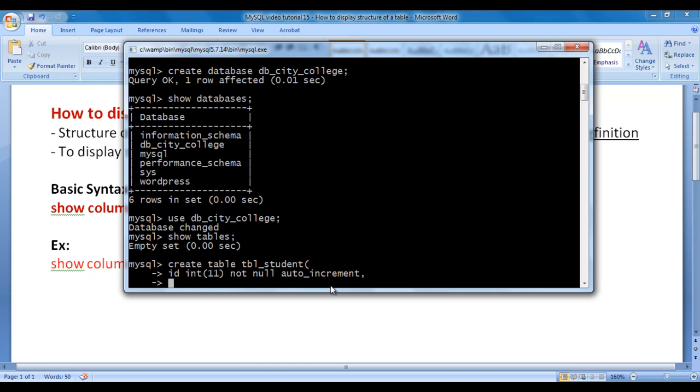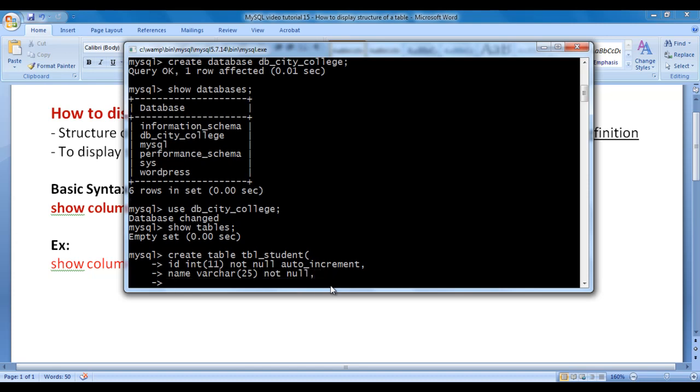Students are going to have a name. So the next column name will be name. Data type, I say varchar because student names will be of variable length. And varchar indicates a variable length string. So I use varchar. In brackets, I say 25. That means the name column can have strings of maximum size 25, guys. We must enter the name while inserting a record inside a table. So I say not null. It cannot have null value, comma, hit enter.